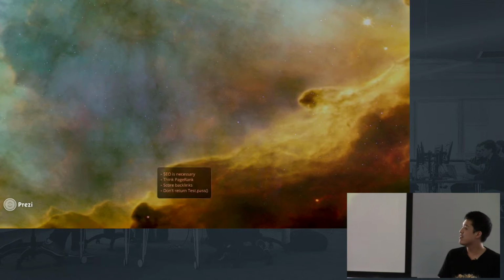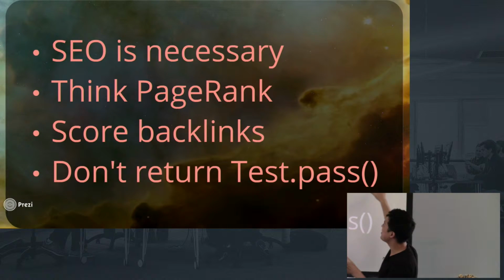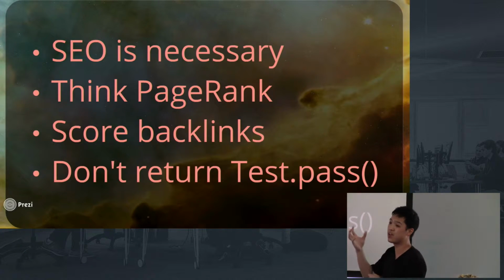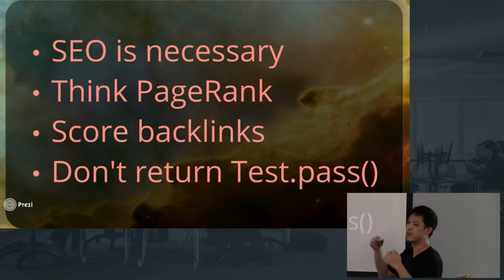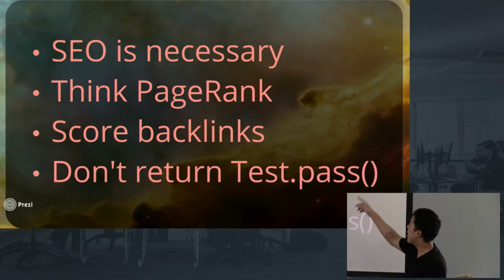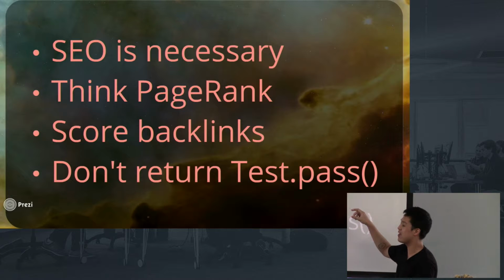So final thoughts. Just want you to take away these key things. SEO might not be fun. It might interact with your content and might even make it worse because you have to think about how users will be searching for the stuff that you're trying to give to them. But it's still necessary because it's sort of the bridge between the users and us. PageRank is very important. It's one of 200 plus factors, but it's still critical in how Google evaluates your relevance. So make sure to think about that, and related to that, try to score as many quality, high PageRank backlinks as possible to your site.